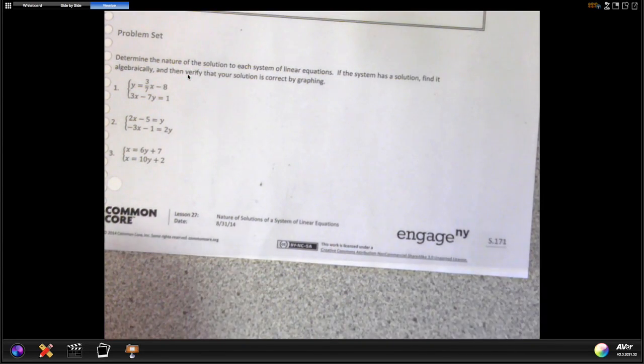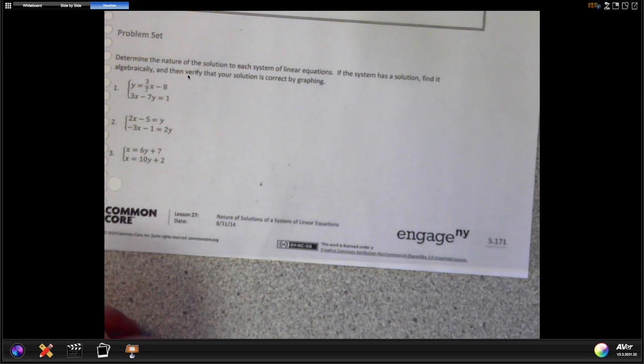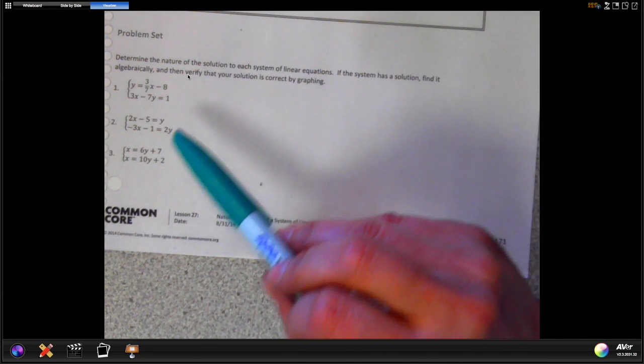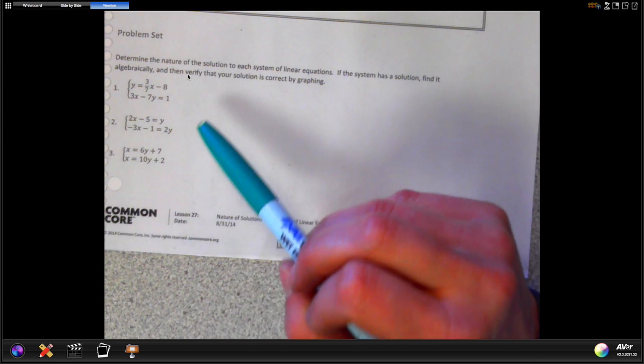So for this lesson, I'm going to do a couple of examples, and then if you need further assistance, please come and see me at lunch or before school. Okay, so we're going to start on page 171. We're going to start with number 1. We want to solve this system algebraically